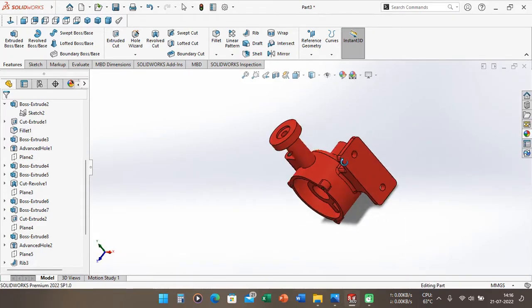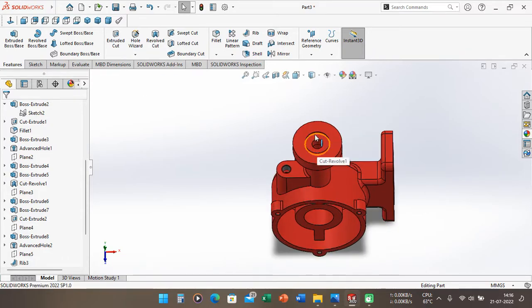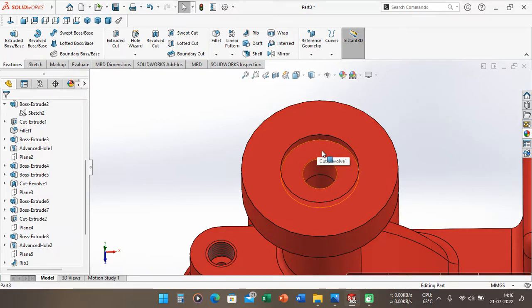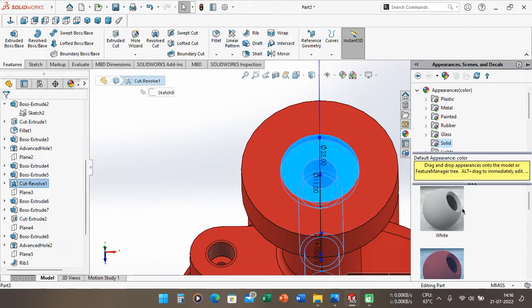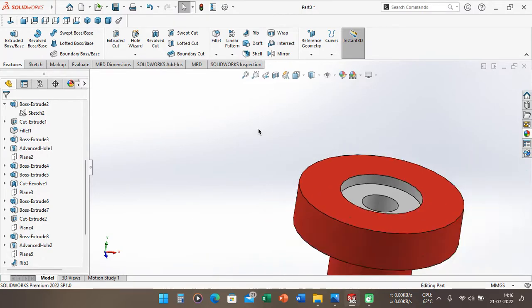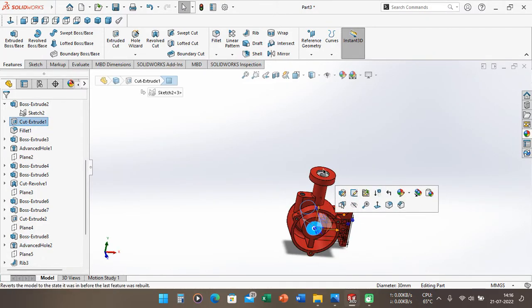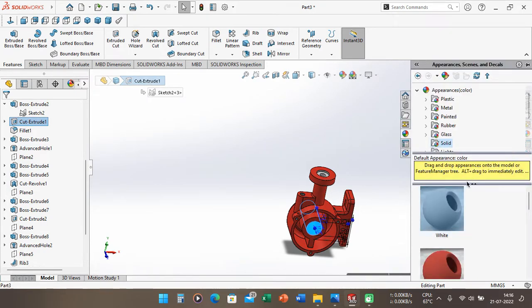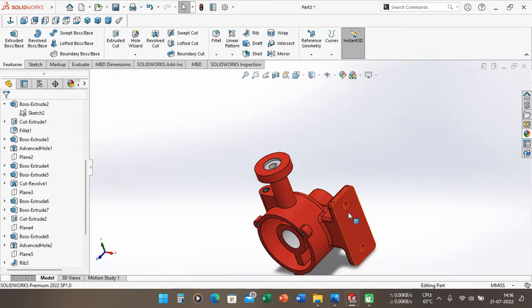Okay, we can change this color here, and you can adjust white here, this hole, and this hole.